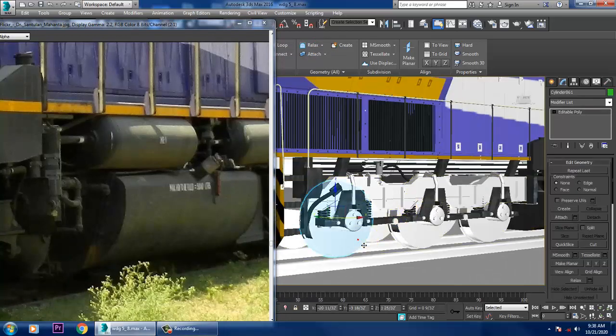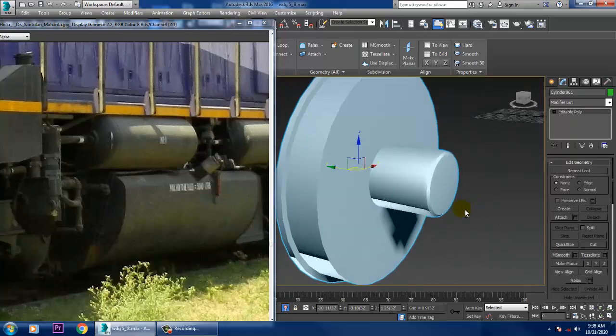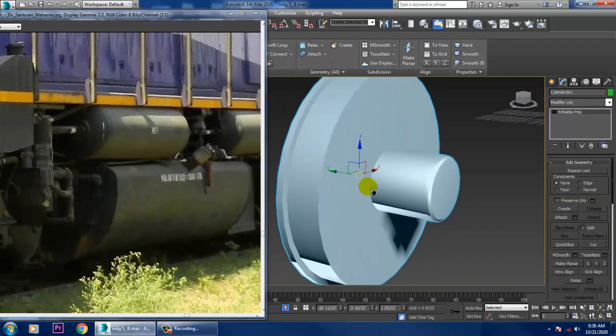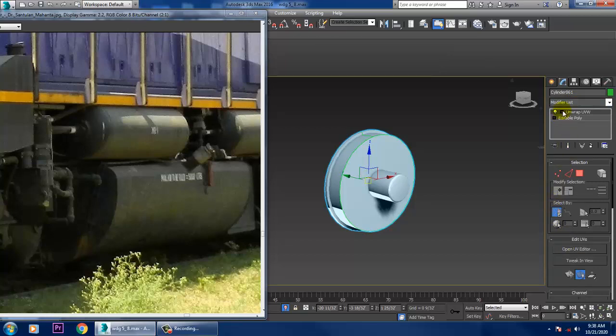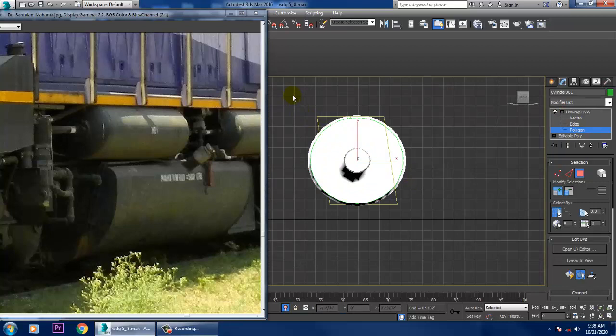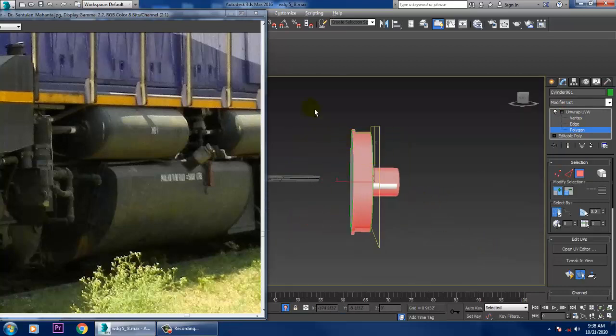Now for a tire, how we are going to work is, if you want that we need to unwrap this tire, we can easily unwrap this tire. That's not a problem. If you want to unwrap it and mix two textures over here, that can be done. So first of all, let's go into this and give an Unwrap UVW. Let's go into Unwrap UVW. Let's select these faces right now. After selecting these faces,